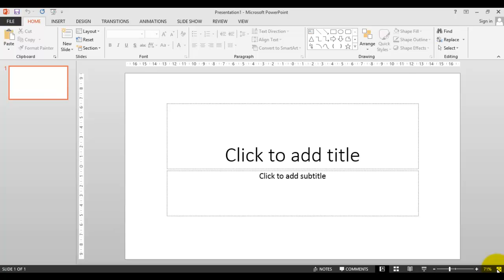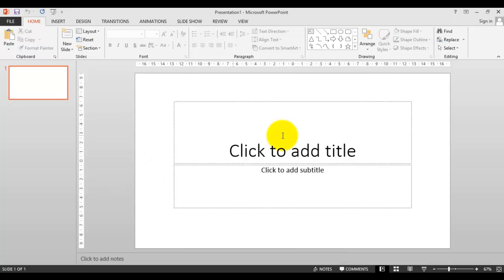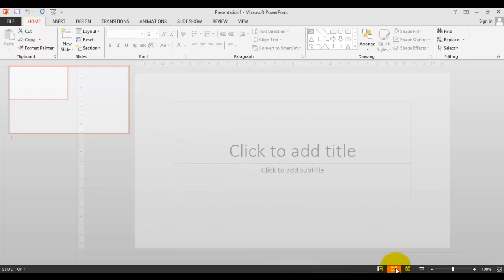So now let's see the interface of the PowerPoint presentation. There are four different views in the View button below. Look here, the first one is normal view, the one which we have right now. This is normal view. You can click on notes out here if you want to give a note to this slide, and this one is